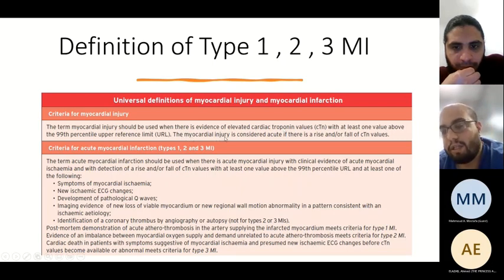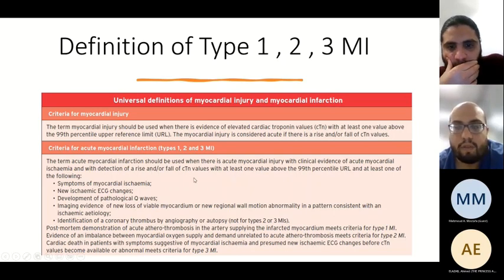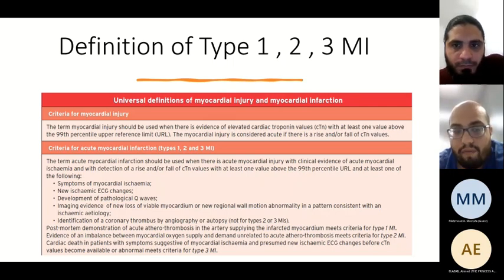Now, this myocardial injury can be considered acute if you can see a rise and/or a fall in the trend of the values. Besides that myocardial injury, you need to have one of the following. So you need to have the rise or fall, and you need only one of either symptoms of myocardial ischemia. So if you've seen a raised troponin and symptoms of myocardial ischemia, it is enough to qualify